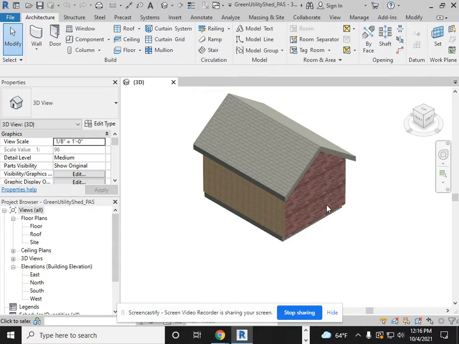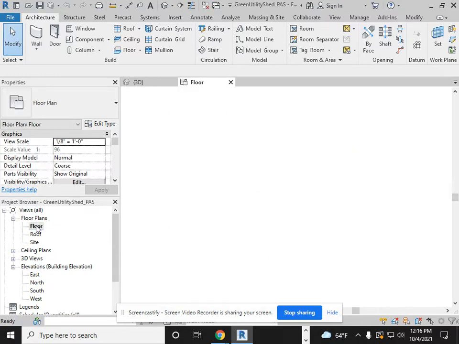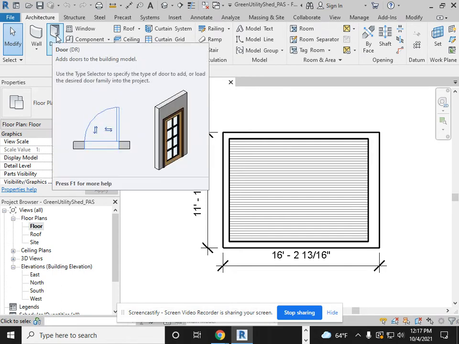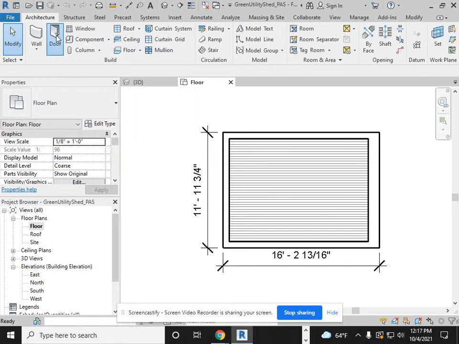So what you do is in floor plan view, so I'm going to go to floor plan and click on that, and I'll zoom in, and it says select door under the architecture tab. So I have architecture tab here, and door is just to the right of wall, and I'm going to pick on that,